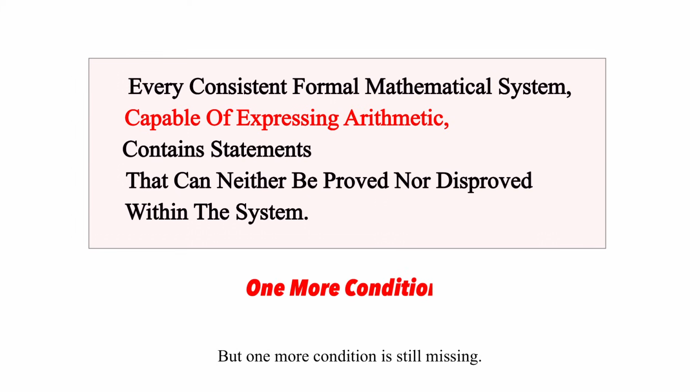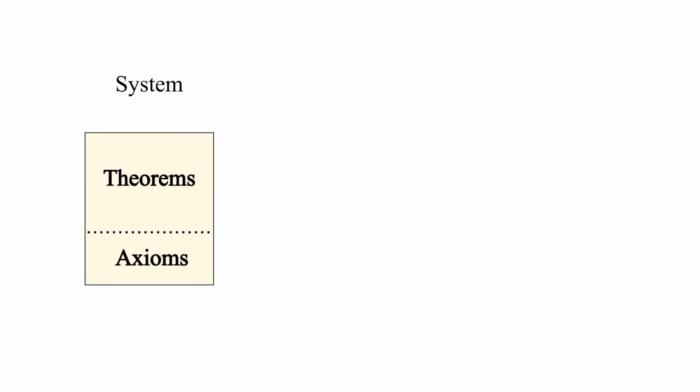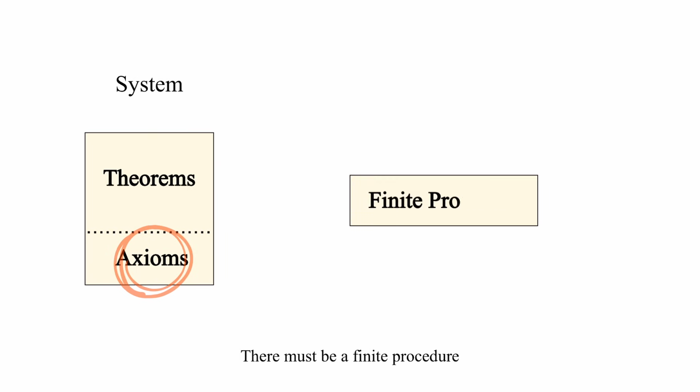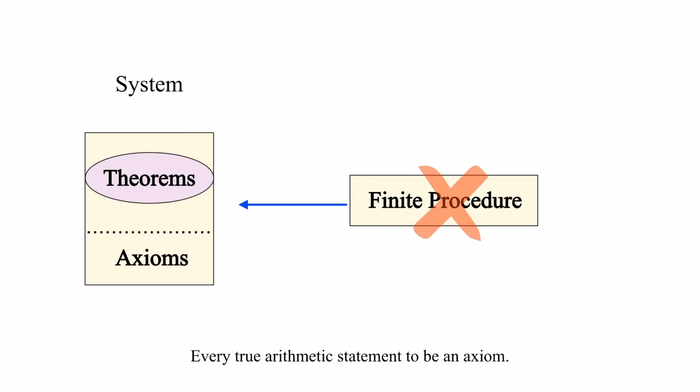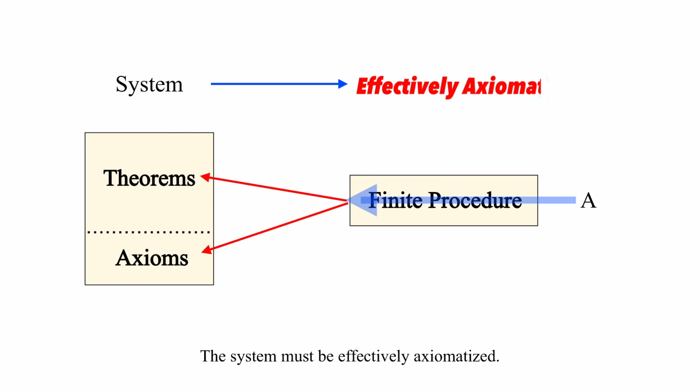That sounds close. But one more condition is still missing. How are the axioms of the system chosen? There must be a finite procedure for deciding whether something is an axiom and whether a proof is valid. Otherwise, we could simply declare every true arithmetic statement to be an axiom. The system must be effectively axiomatized. So we finally have